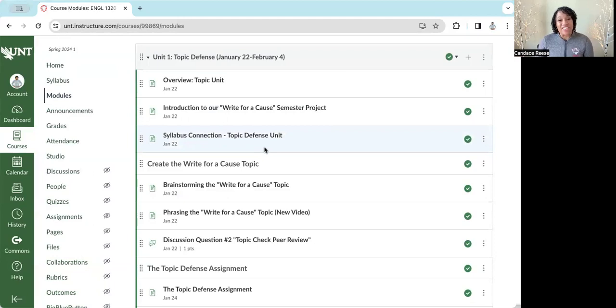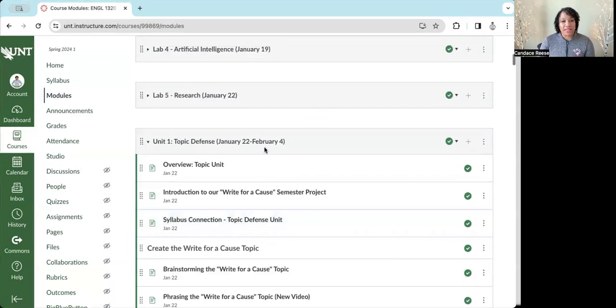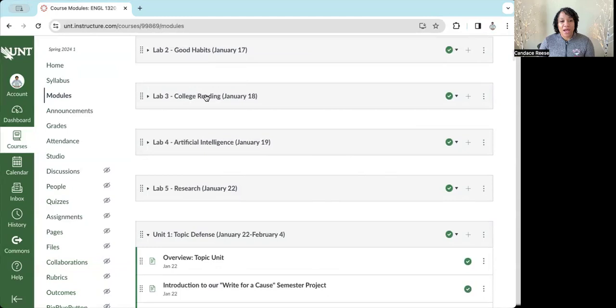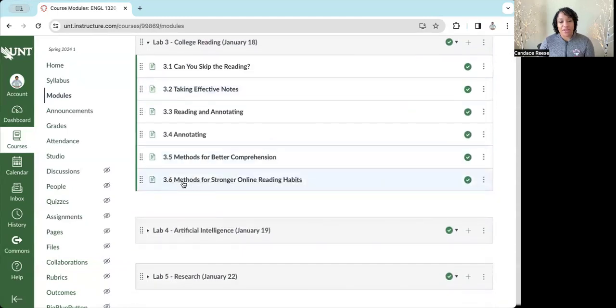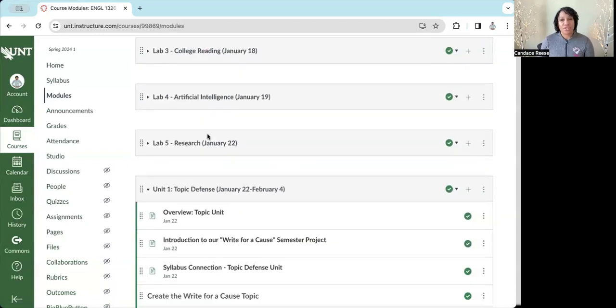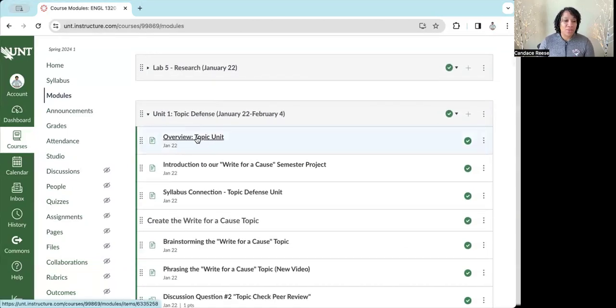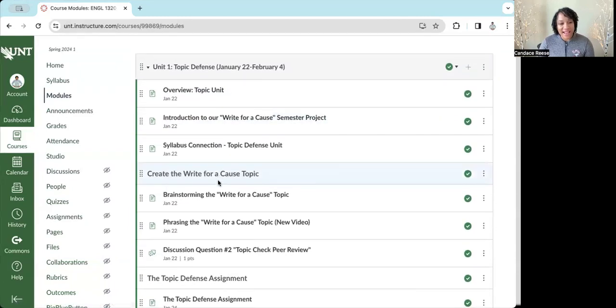You want to print these pages out. In fact, if you feel uncomfortable reading on a screen, or if you feel like you don't really take the information in, now keep in mind, you will learn about methods for stronger online reading habits. So these things, again, that are offered to you in the orientation, try to apply them to what we're doing in class, and it will make your journey so much easier than if you just try to skim it, wait till the last minute and hully-gully it in and just hope that whatever you write sticks.